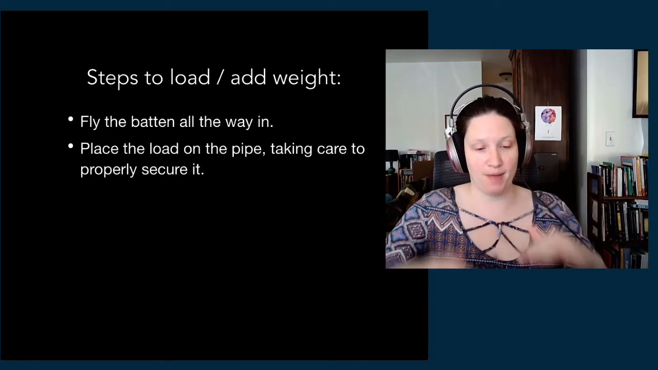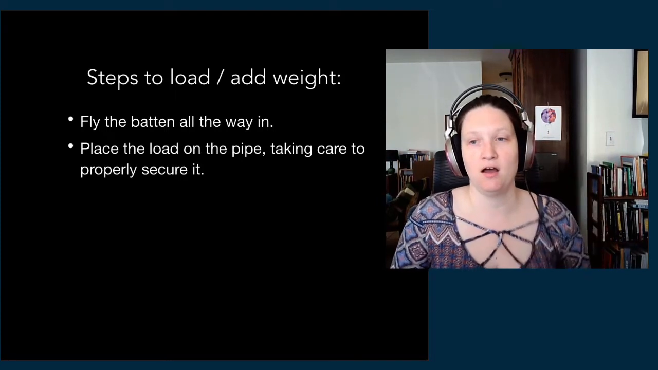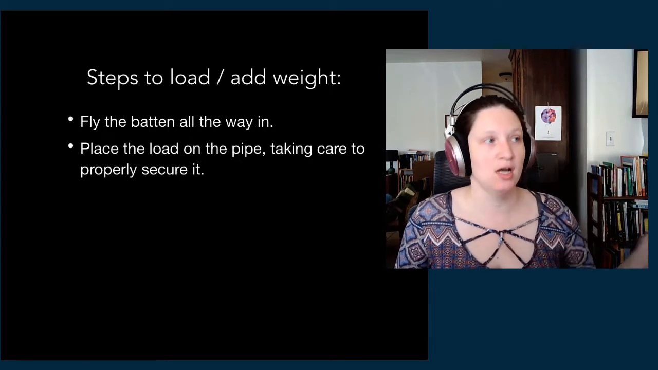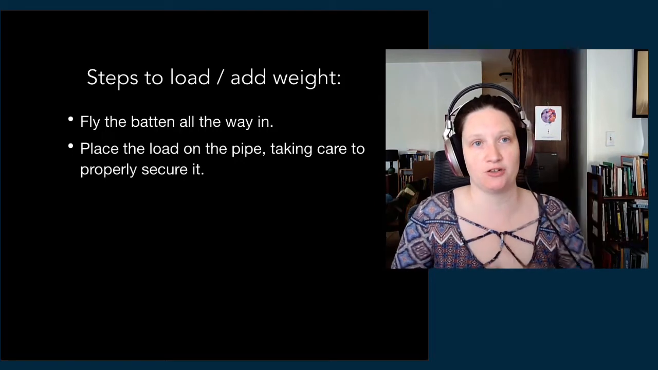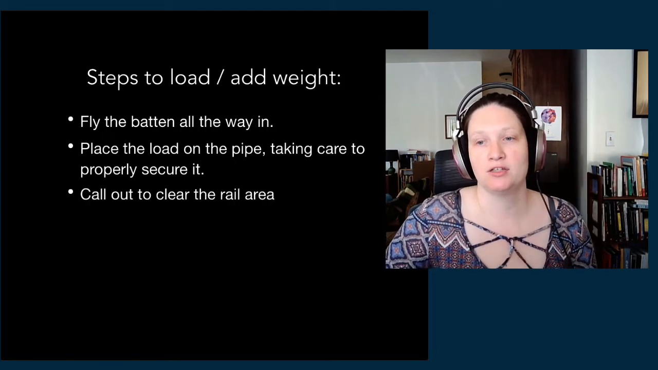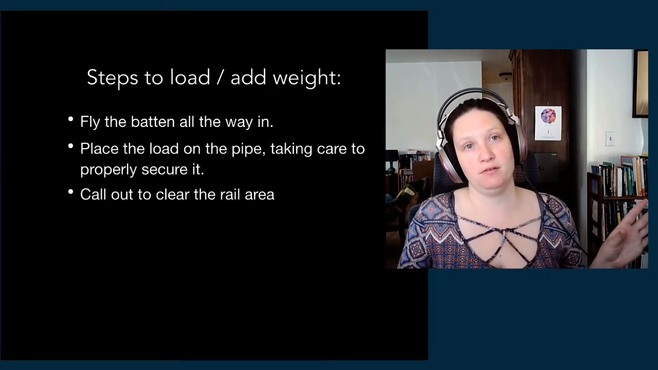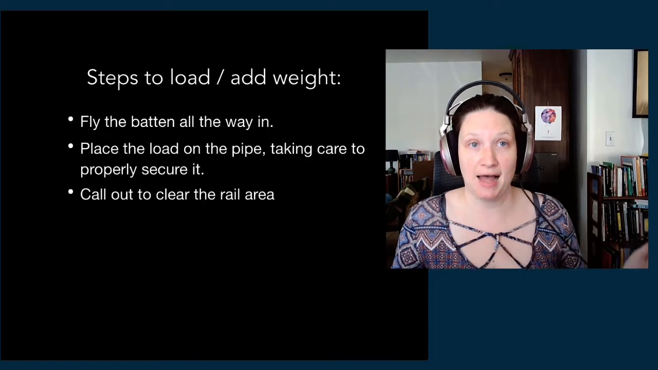So now we have our batten, it's all the way in and all of the weight is sitting there, right? On that ground level. No place for it to go. If the lock is open, nothing happens, right? Because all of the potential energy is down at the ground. So at that point, we would call to clear the rail area, right? So we would yell to everyone on stage, hey, get out of the way, because we want to add weight to